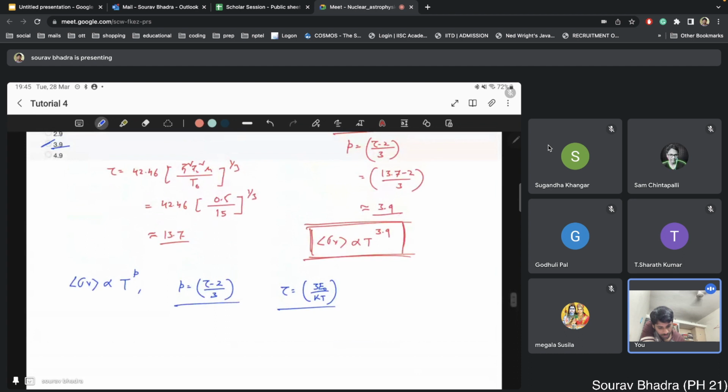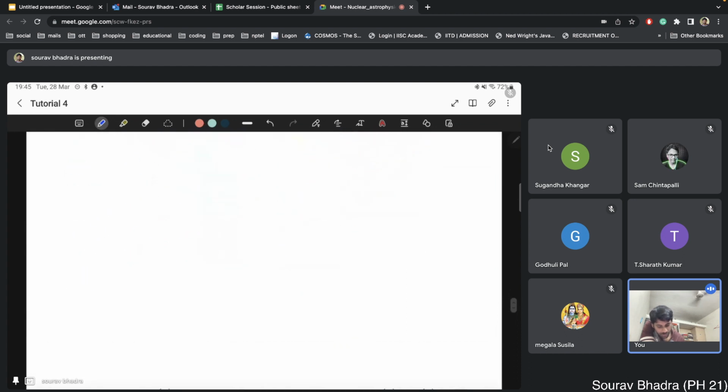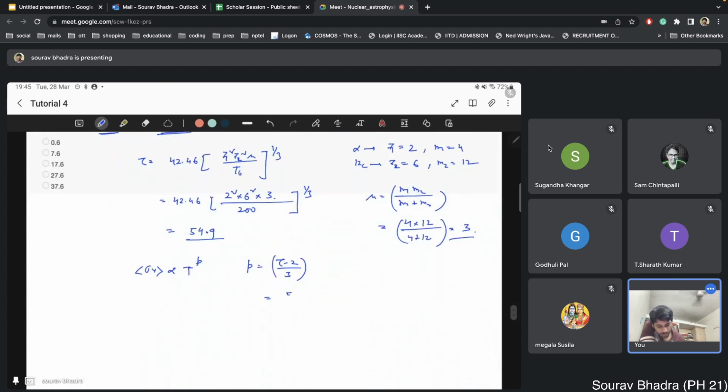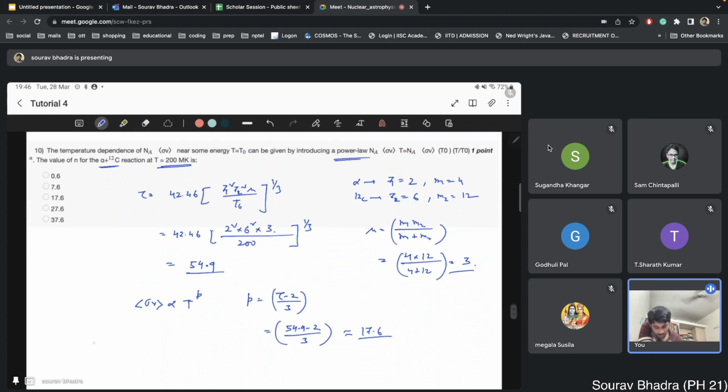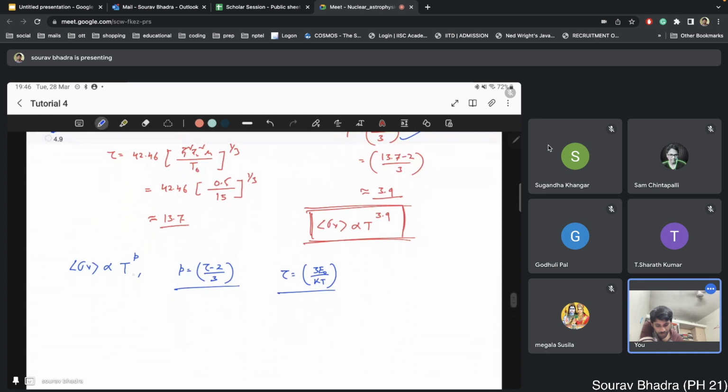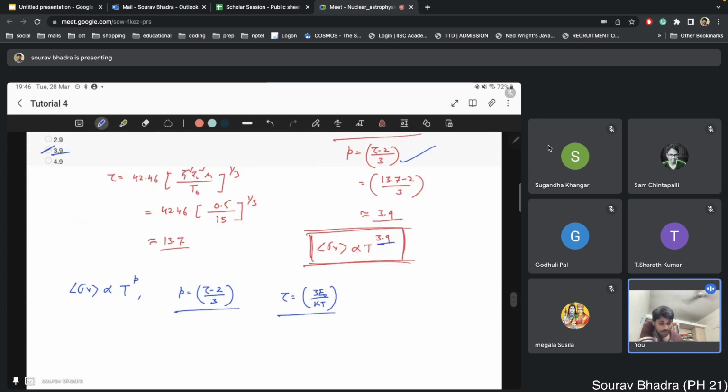It was tau minus 2 by 3, right? Yeah, tau minus 2 by 3. So 54.9 minus 2 by 3, and it will be 17.6. So for this particular reaction, this alpha plus 12 carbon reaction, the sigma v goes as T to the power 17.6, and for the proton reaction it was T to the power 3.9. Okay, so the power law index will depend on the elements which are taking part in the fusion reaction